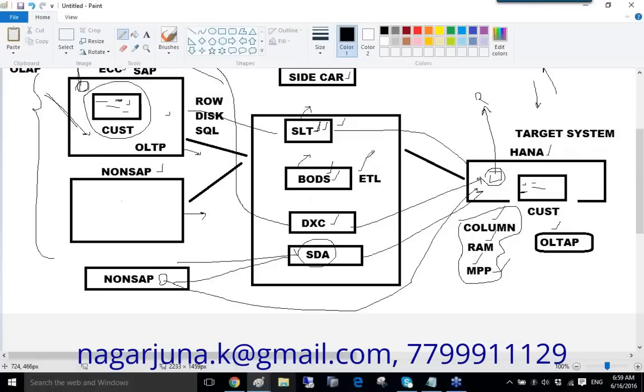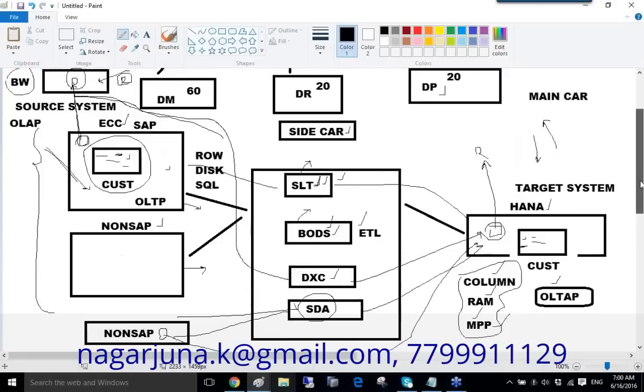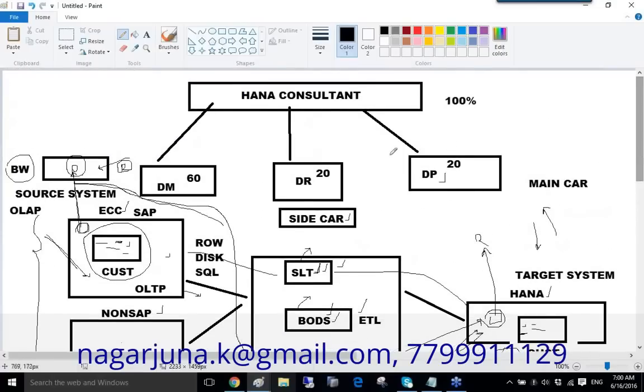That's what SLT and BODS can do from non-SAP systems. They can transfer data physically into HANA, whereas Smart Data Access can get data virtually into HANA, and Smart Data Access is designed for non-SAP systems. Okay, so until now, what I was trying to explain is